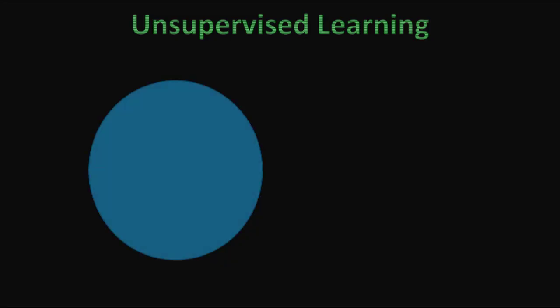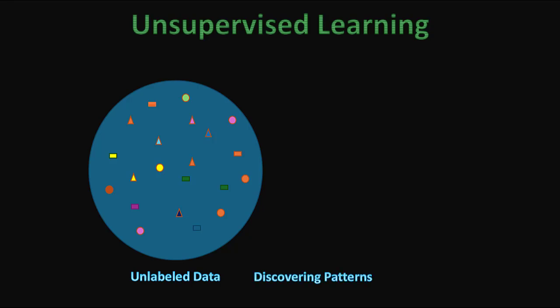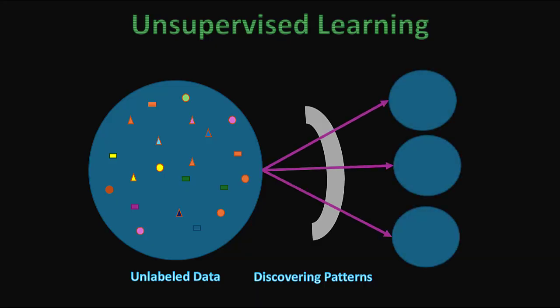Let us see an example. Suppose we have these various data sets. I have used some triangles, squares, rectangles, as well as circles. This is unlabeled data. We know this, but the machine does not know. We are not telling the machine what this is. Now the machine will discover the various patterns. It uses some algorithm to discover the patterns, and based on this, it will create